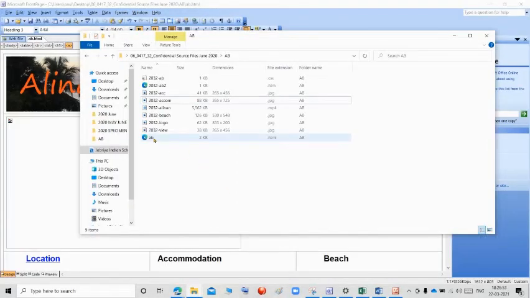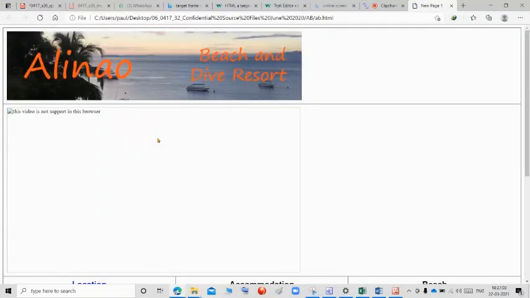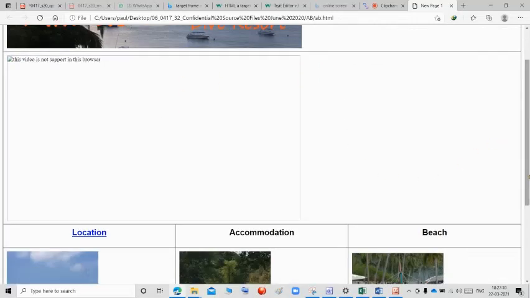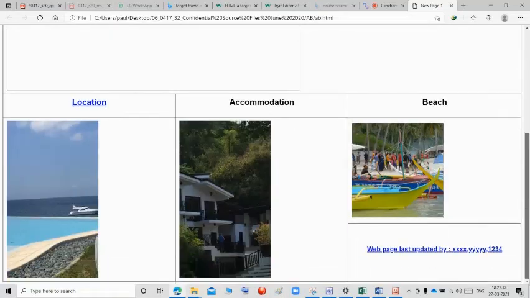This is our web page. It has the borders, and all the things, the letters, are visible now.